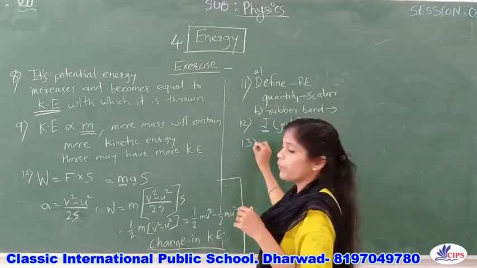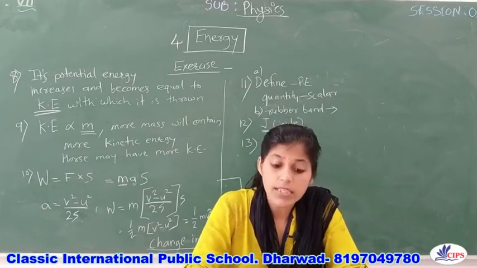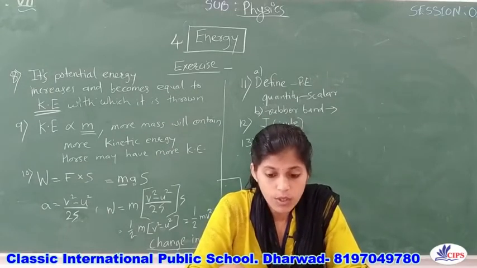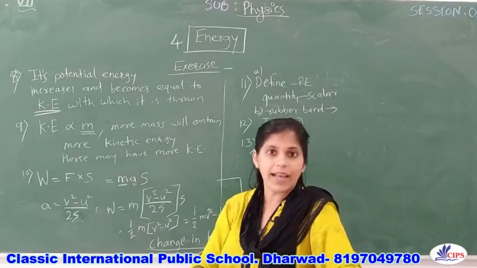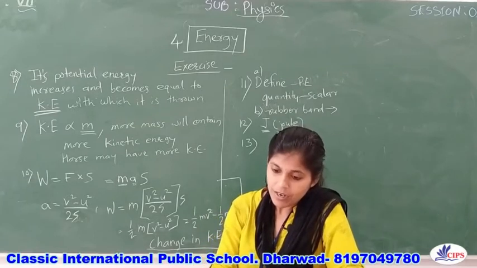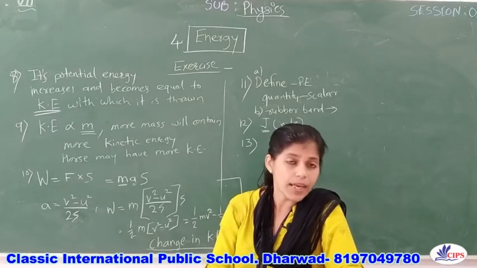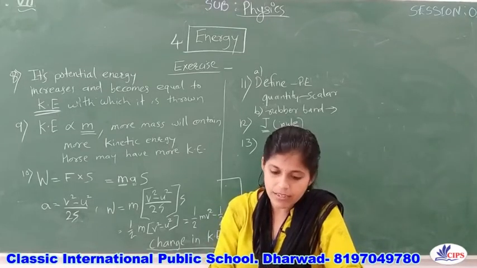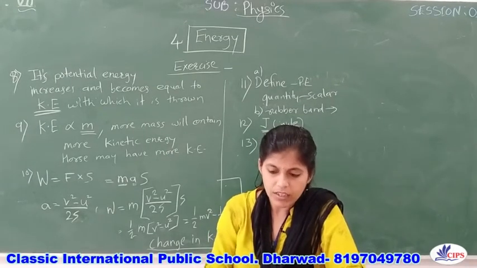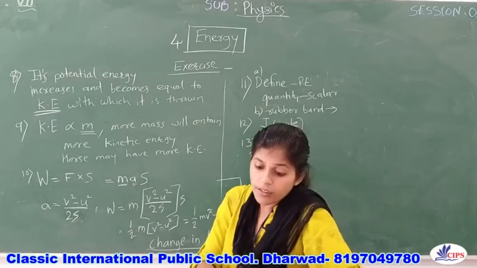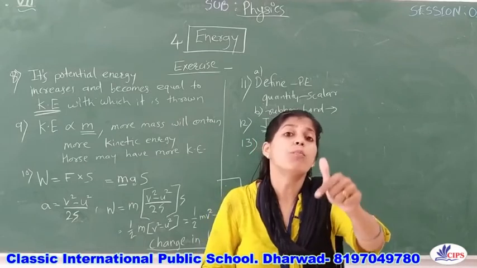Okay, so the 13th question is: a light and a heavy object have the same momentum. Find the ratio of their kinetic energies. Which one has a larger kinetic energy? Children, I said before, if the momentum of an object is changing, in that case your total kinetic energy also will change. The more the mass, in that case, the lesser will be the kinetic energy in terms of momentum.